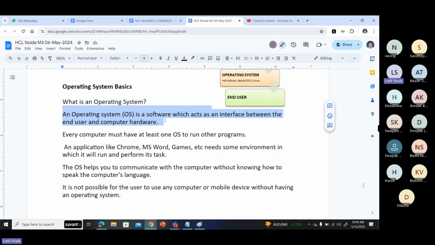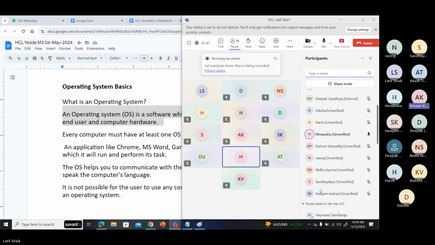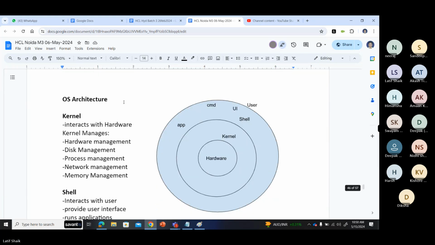The user interacts with the computer through the operating system because the operating system provides the user interface. You guys understand these points? Yes, sir. Very good. Next,